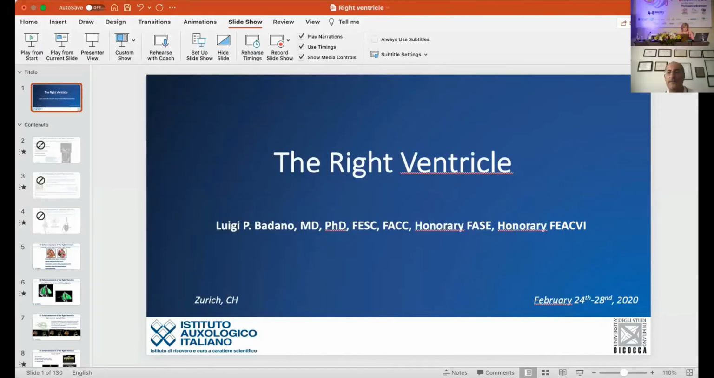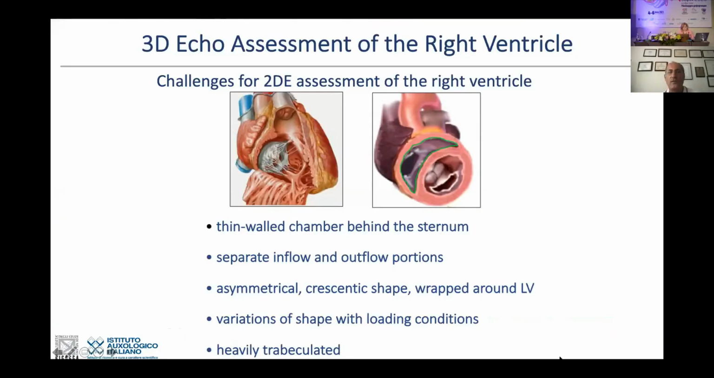Okay, I would like to share once again the screen to move to the presentation on the right ventricle. Can you see the slides? Yes. Okay, so we move directly to